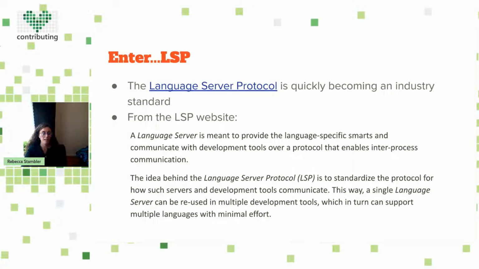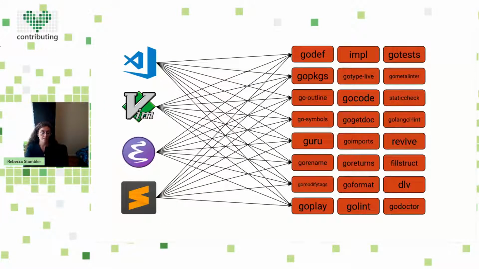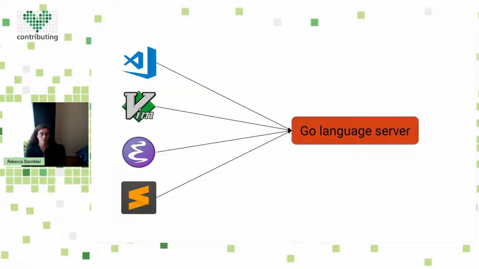And that means that the language team who's building the Go language only has to write one language server, and it works for any editor. And it means that all an editor has to do is be a language client and understand the language server protocol, and it will be able to support any language. So the idea behind it is to take this complicated image and turn it into this one, so that these different features and all these different tools are part of the Go language server. So that's basically what we decided to do.